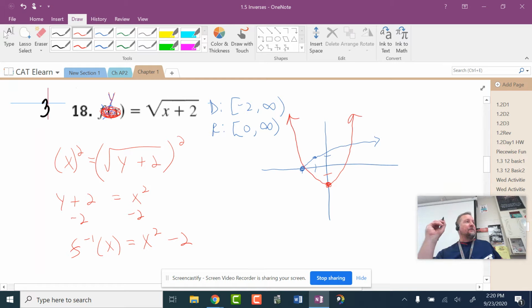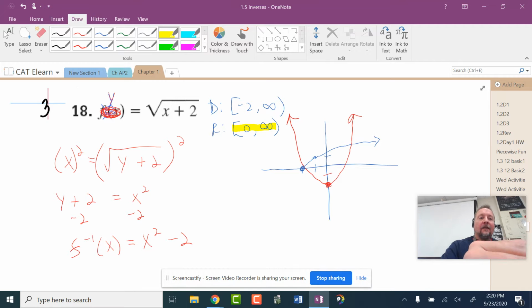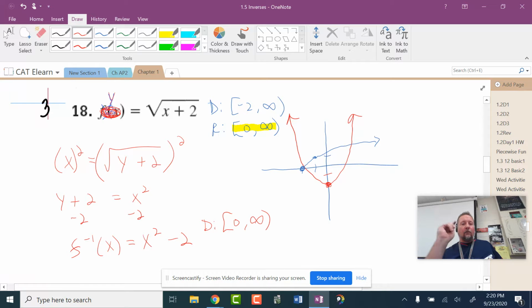But we got a problem, Houston. This came from the inverse of this. So let's look at that range and then talk about, this is supposed to be a complete and total reflection about the y equals x line. Domain and range exchange implies that the domain of the inverse must be the range of the original. And that is absolutely positively a rule with inverses. So I must restrict the domain so that the true graph of the inverse is truly,